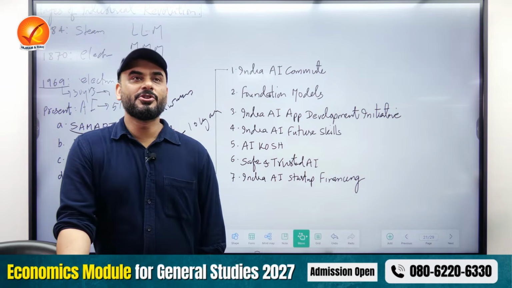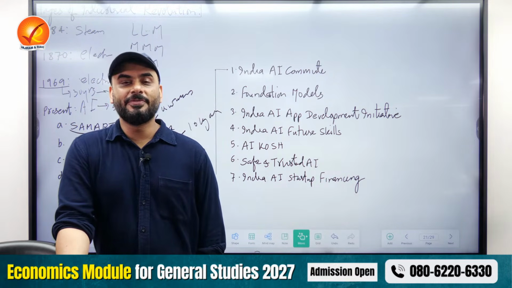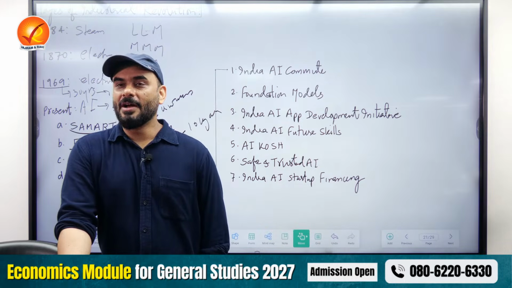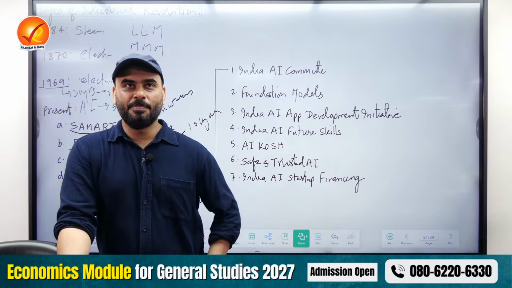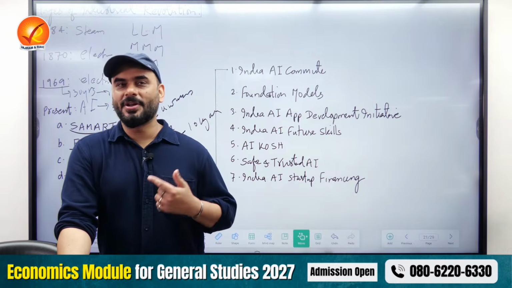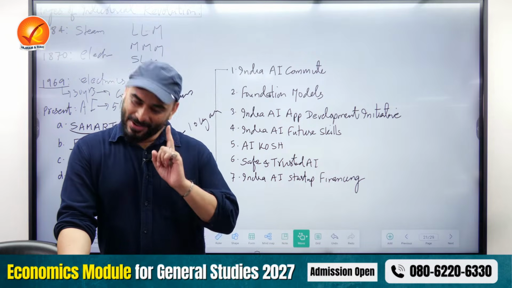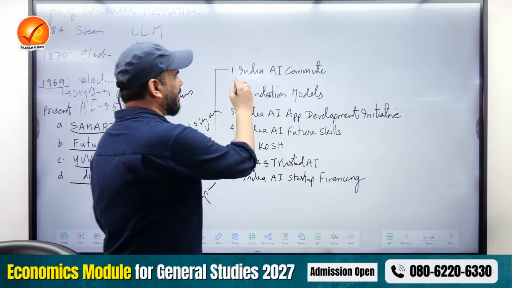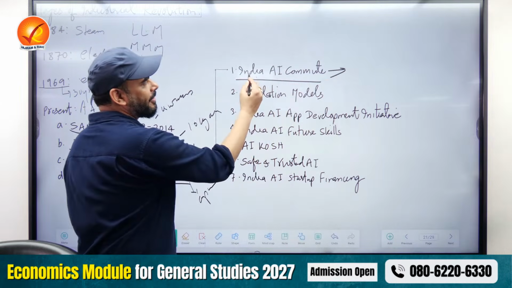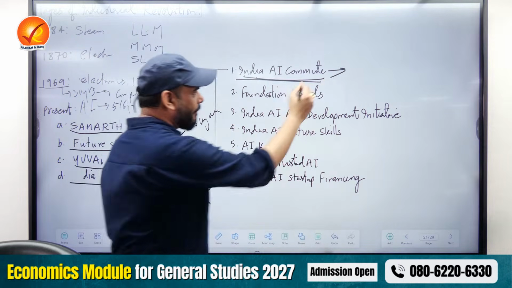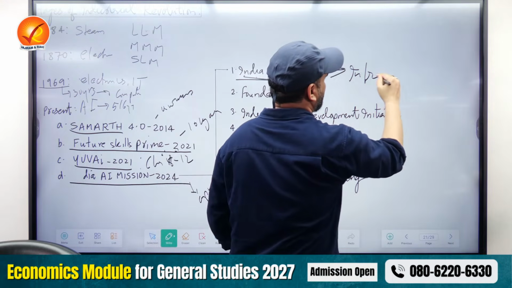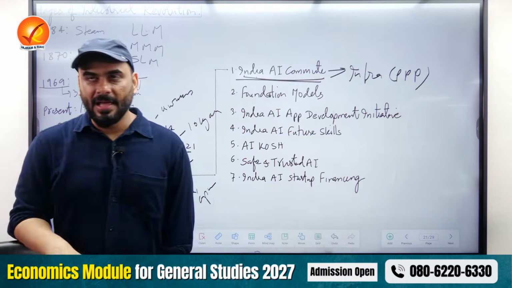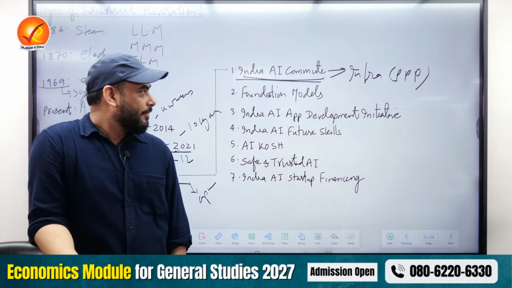If Government of India wants to promote AI in the long term, what is the first thing that we should do? Should we pump in a lot of money and advertise, or should we pump in a lot of money and create infrastructure related to AI research? And that infrastructure is created through public-private partnership, through the first pillar called India AI Compute. What do we do here? We create labs, we create infrastructure using public-private partnership to promote AI-related research. So the keyword is infra.